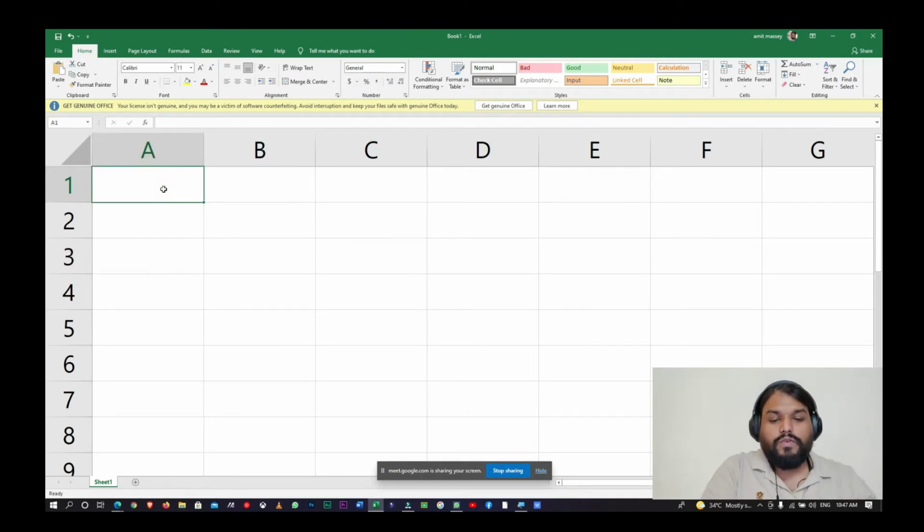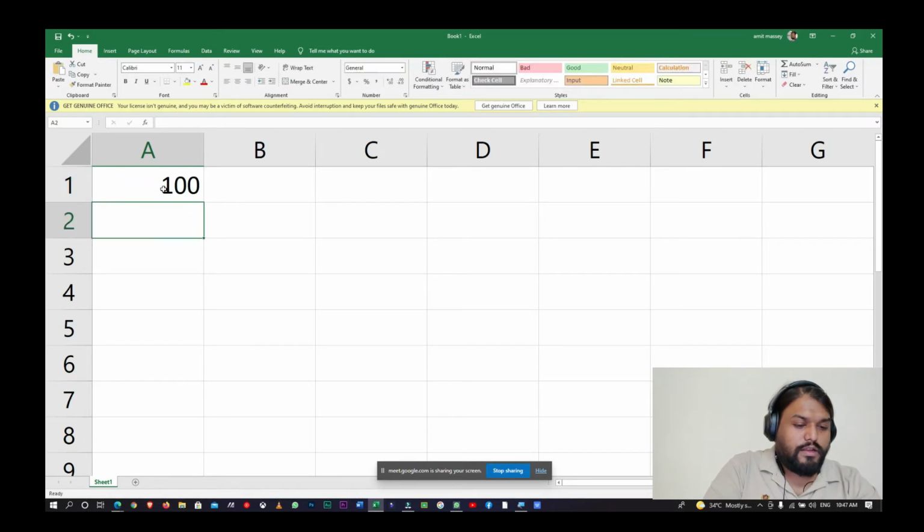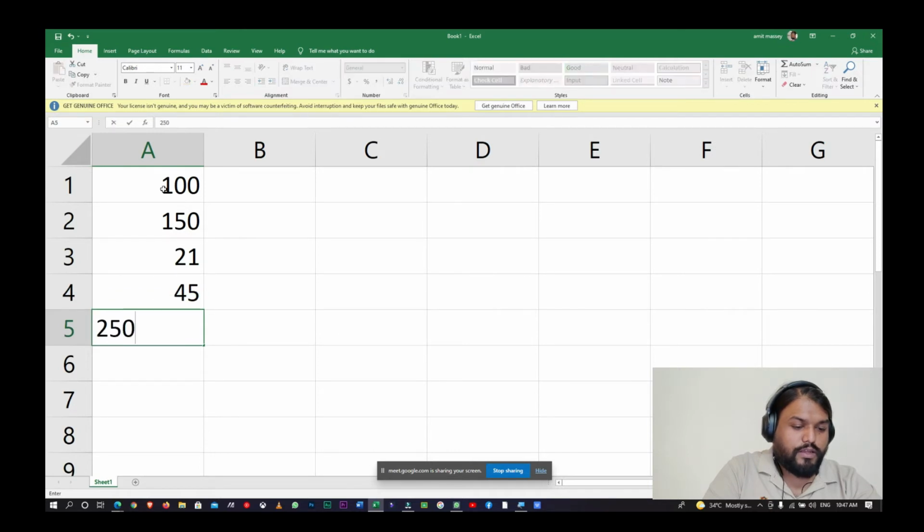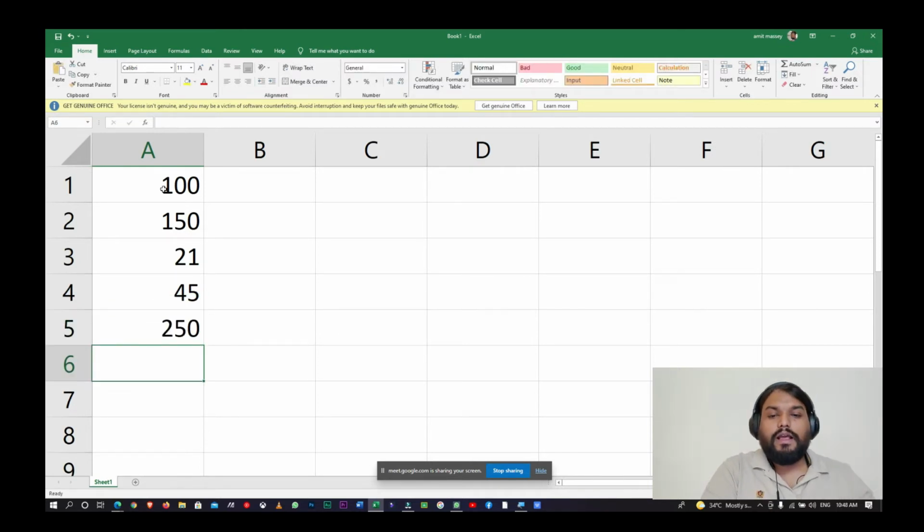Over here some numbers are given: 100, 150, 21, 45 and 250. And I want a total of these numbers in a cell. Which cell? A6.